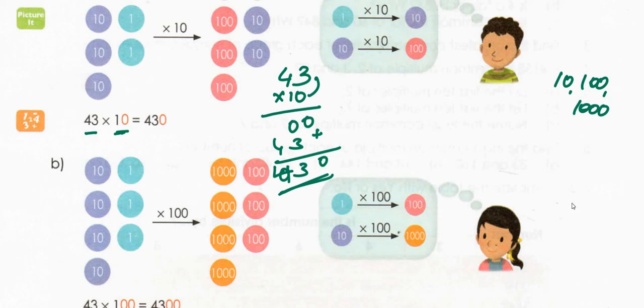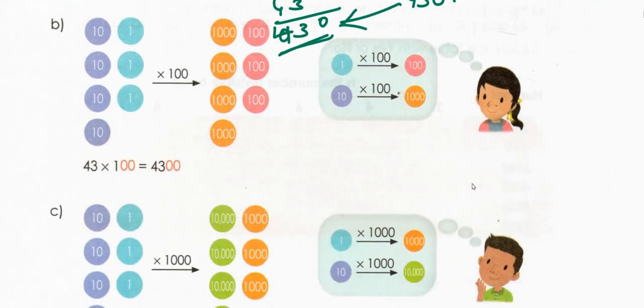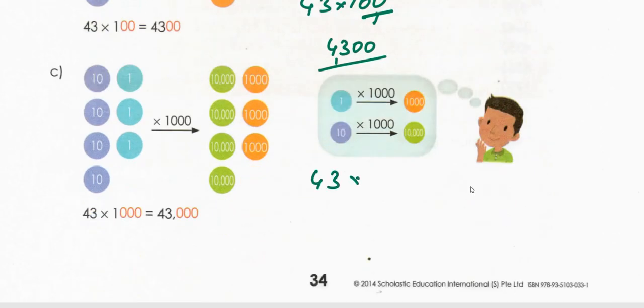Instead of doing like this, you just do it this way. 43 into 10. How many zeros do you have here? Only 1 zero. So you place 1 zero beside this number 43. That is 430. The answer will be the same, 430. Suppose instead of 10, you have 100, then 43 into 100, how many zeros are there? 2 zeros. You keep these 2 zeros beside this number. It becomes 4300. Similarly, 43 into 1000, it means what? These 3 zeros you keep beside 43, then it becomes